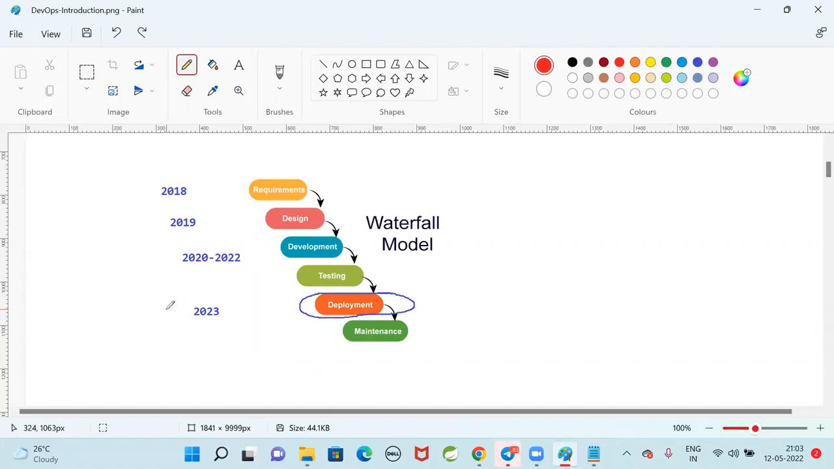Client has given the requirements in 2018. We have planned it, we have developed it, we are going to deliver next year. If I deliver these requirements next year, can I say that client business is outdated? Can we say that client business is going to be an outdated business? He got the idea in 2018, we are delivering in 2023,